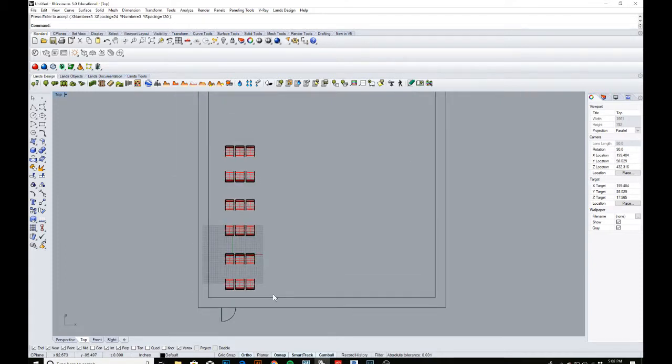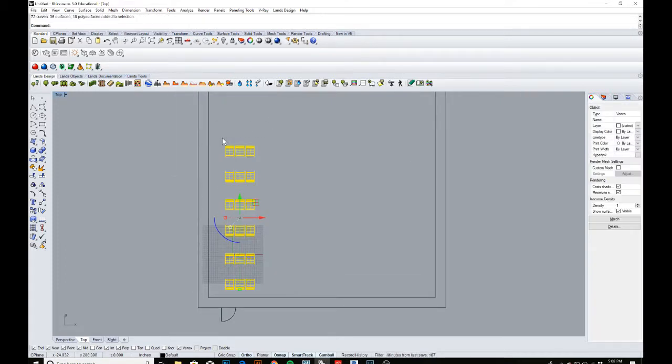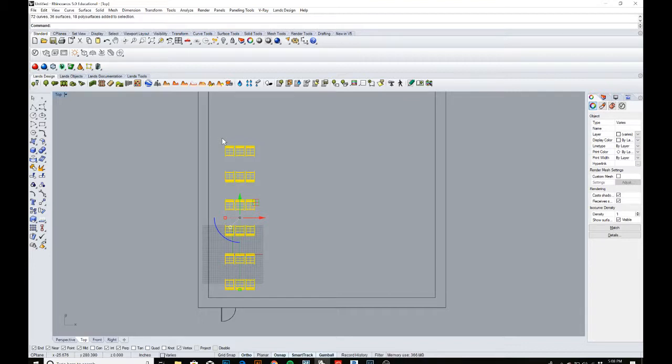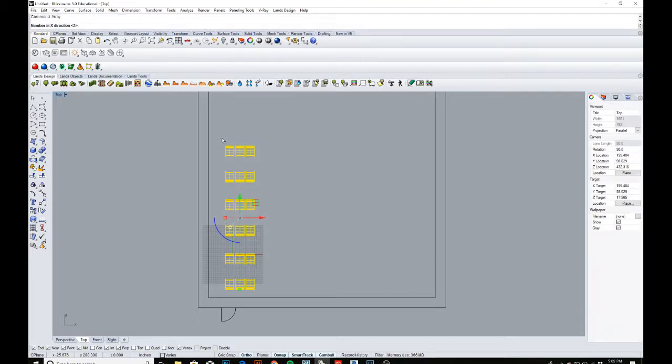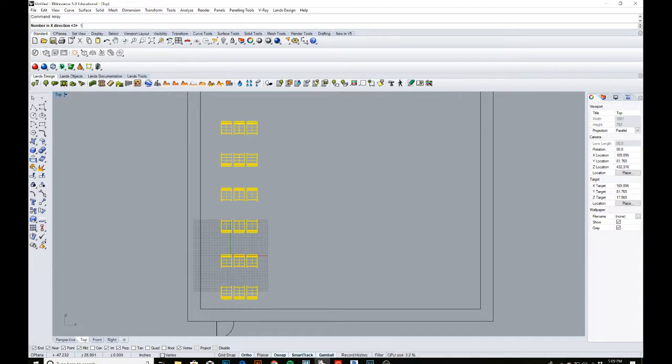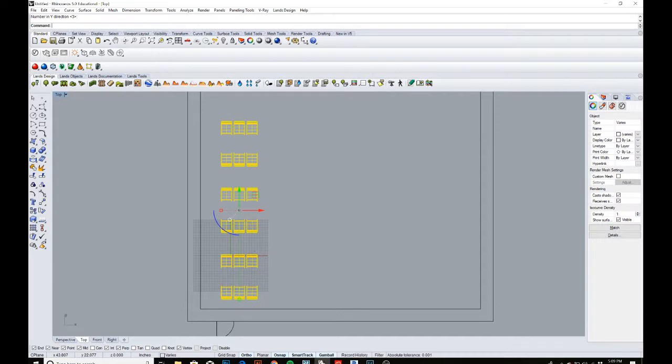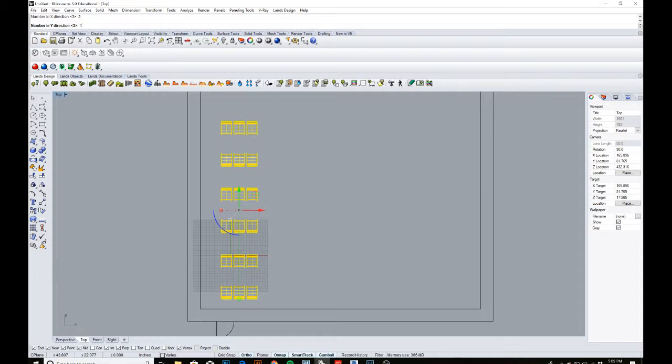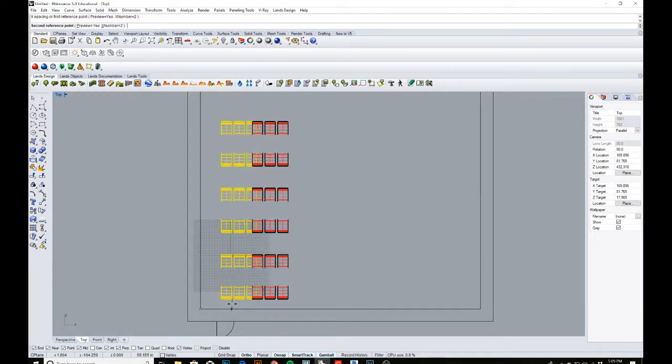If I highlight all this and then type array again, we're going to do the same thing because we're going to make another group. This time the X direction is just going to be 2. Oh, sorry, I typed in 1. Let's cancel that. Array. X direction is 2. Y direction 1 because we don't want any more. Z direction 1 again. And then spacing, I'm just going to,